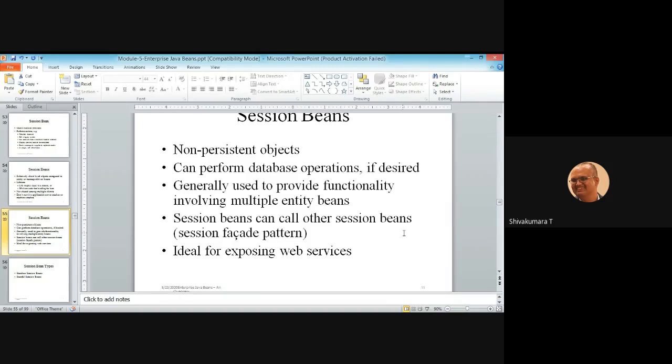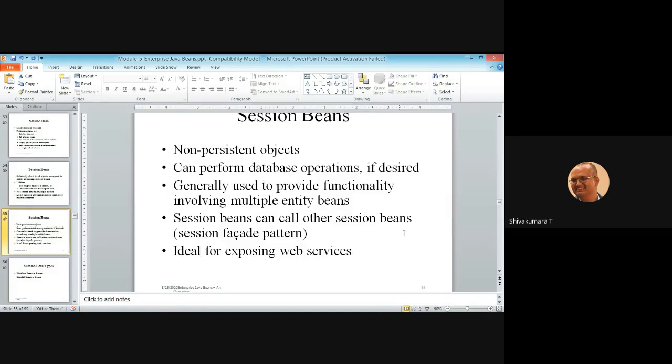And they are non-persistent objects. In the case of a stateless bean, the state of a request will not be retained for the next access. Those are the non-persistent objects you create with the help of a stateless session bean, which can perform database operations if desired.